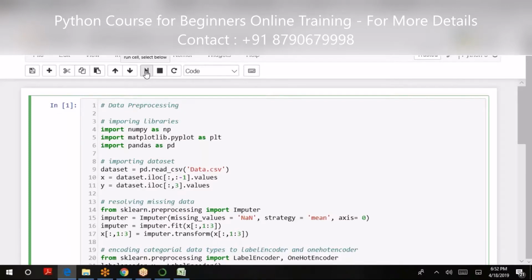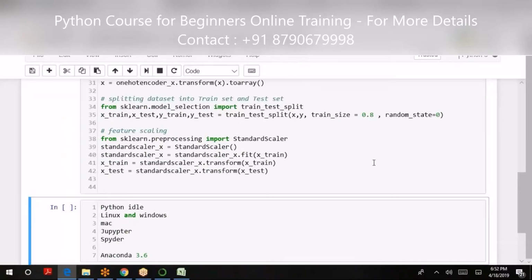To run the code, I can simply do it like this. You can see that beside Python 3 there is a kernel option. When your program is in execution, this blank circle will be a solid circle till the execution is in process. Once the execution is done, you'll be able to see your outputs or errors, if any, in the same window.